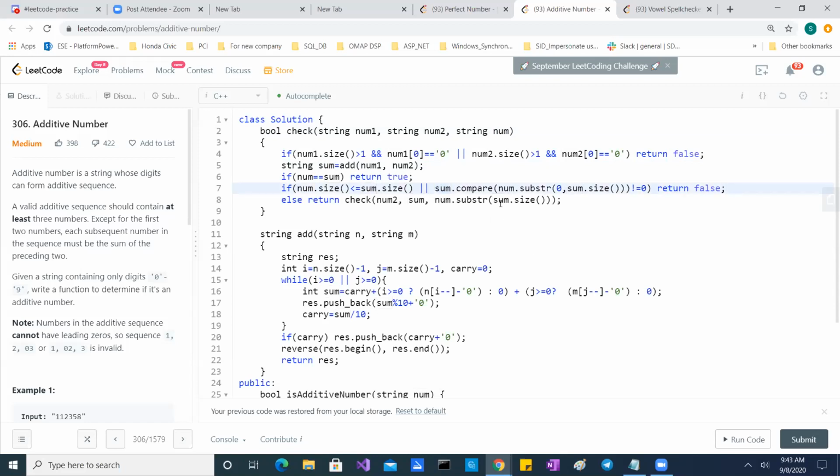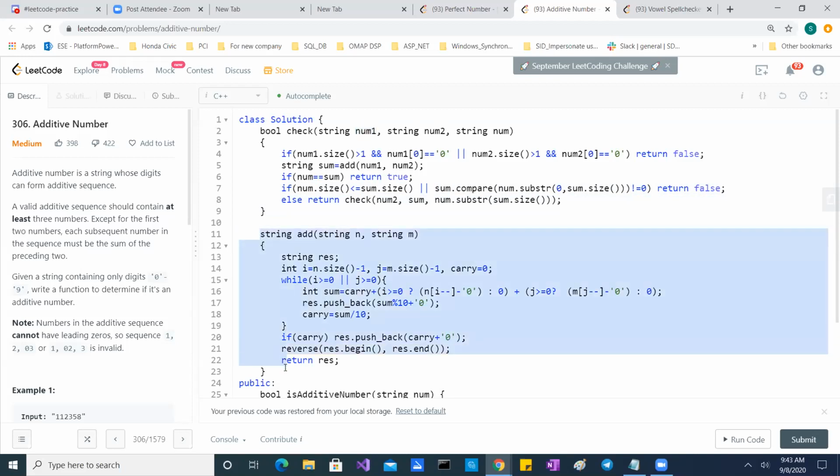Or else, if they are matching, then you go inside this and again break those two. If it's matching, why are we interchanging this? Because we have to move ahead, right? So num1 and num2 are just moving. And you are finding this addition from the left, so addition has to be from the left.